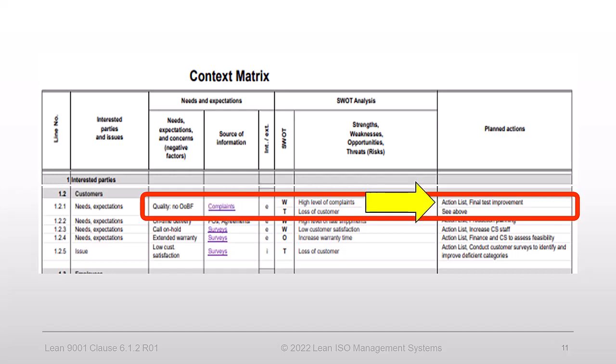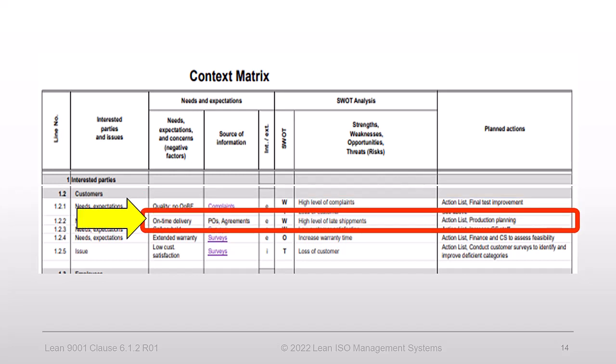To address this weakness, we created an action item in our action list to enhance our final inspection process. The threat associated with the high number of complaints is the loss of customers. We determined that the same action as for the weakness will remedy this threat: improvement in the final inspection process.